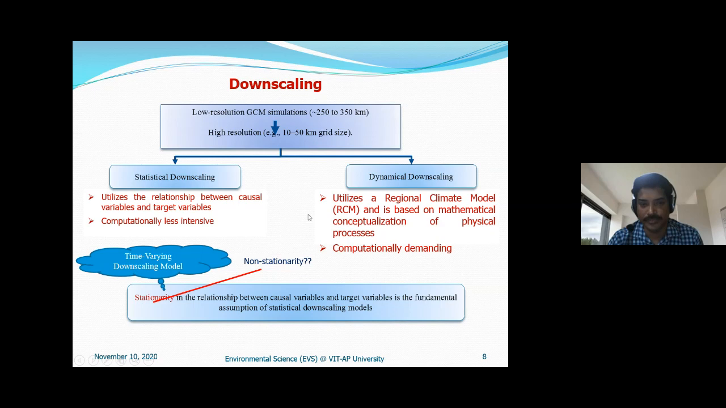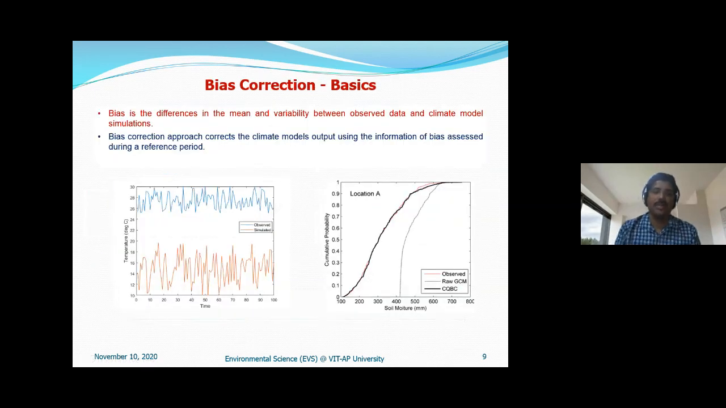Another important term that we utilize in this domain is called the bias correction. For this bias correction, first of all, you have to know what is bias. So bias is the difference in the mean and the variability between two things. Here I have written a more technical definition: it's the observed data and the climate model simulation. But any two